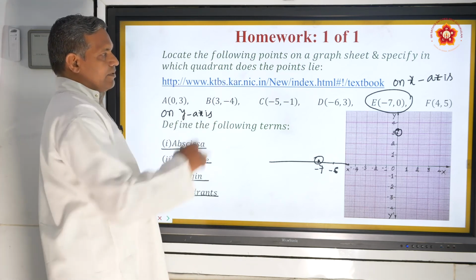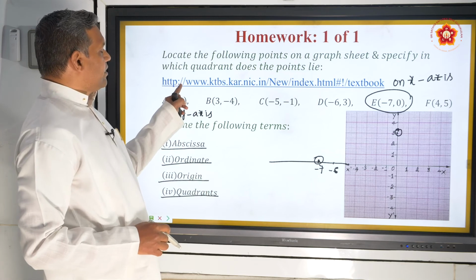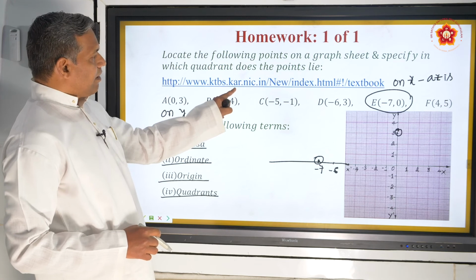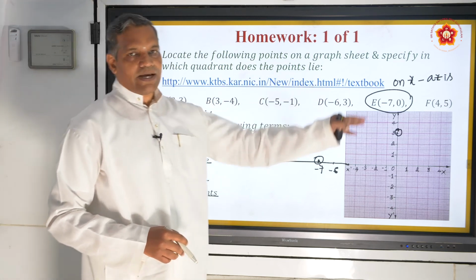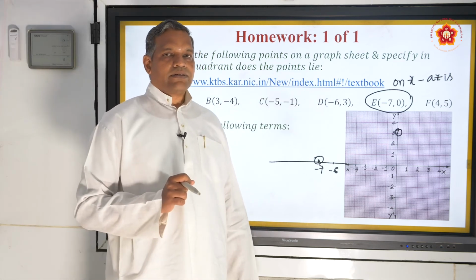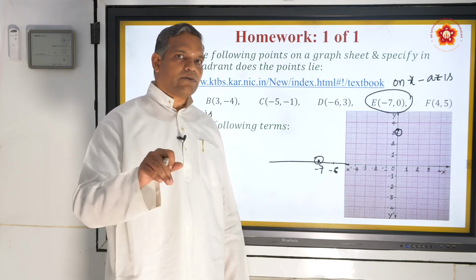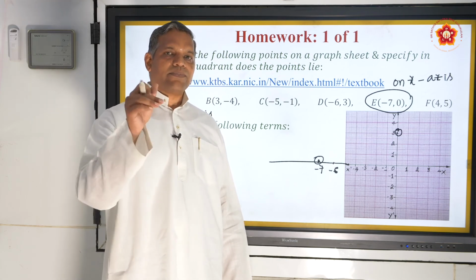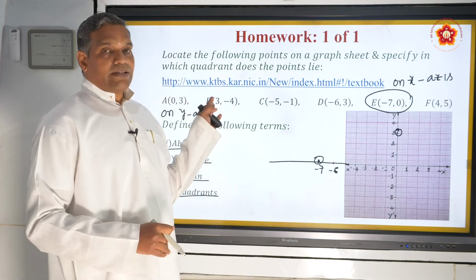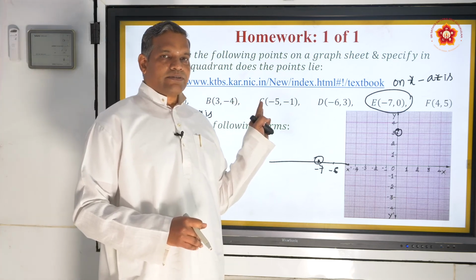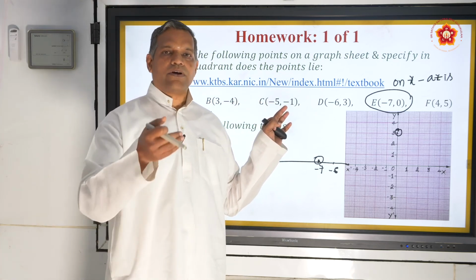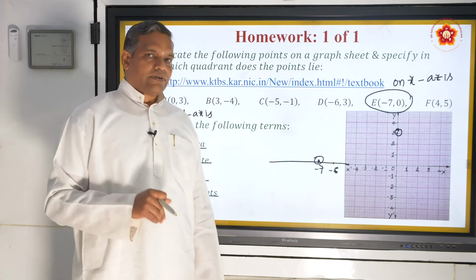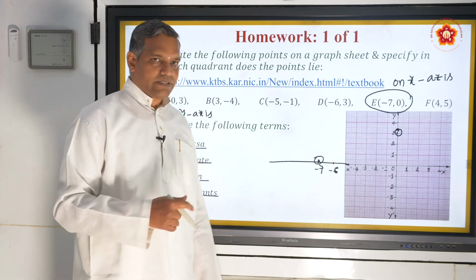Here I have given a link. All of you know this link, KTBS, Karnataka textbooks, ktbs.kar.nic.in, then just type it as it is. On a mobile also you can download your complete textbook. How do you download? First you get a class, which class it is. Next you get a medium, English medium, and in the beginning of the video I have given part first book or second book. Select the second one and download the full textbook, and there you find the definitions. Fill your assignment with the definitions.